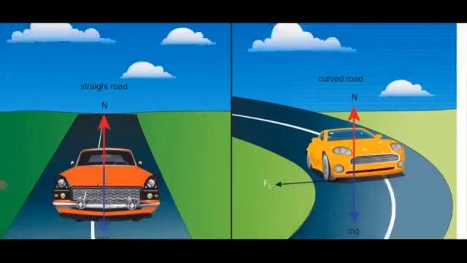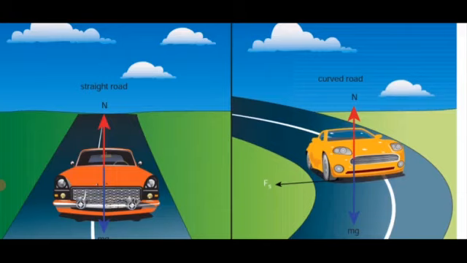In the second diagram, it's a curved road. That means the vehicle is traveling on a curved road. So N is the normal force, the downward force is mg, that is the gravitational force, and F is nothing but our frictional force. This frictional force will give us the centripetal force. Okay, so these are the curved path forces. Three forces are acting here: the first is the gravitational force, the second is the normal force, and the third is the frictional force.